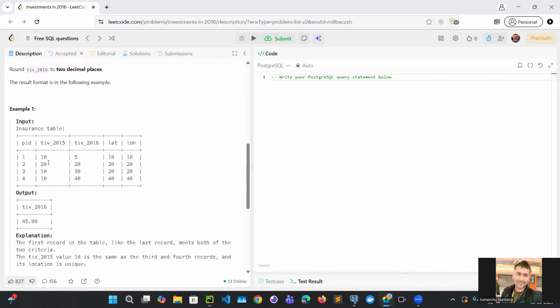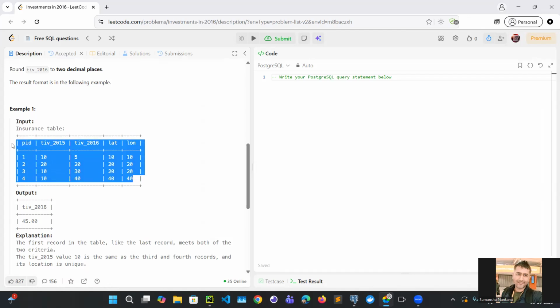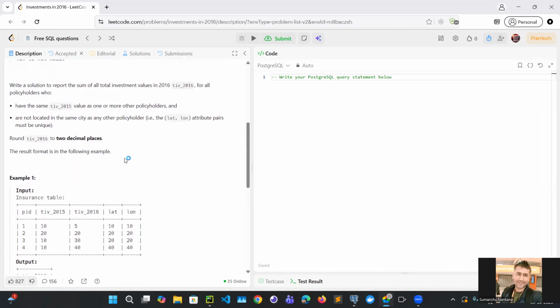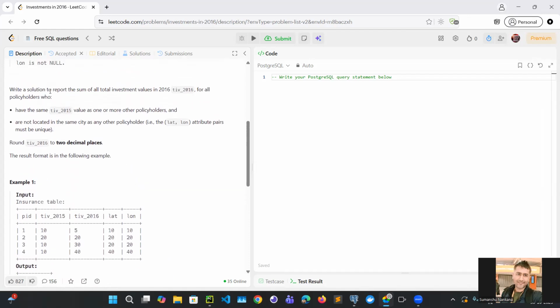As an example, policy ID 1 has a total investment of, let's suppose, 10 in 2015 and 10 in 2016, and it stays at this location, 10, 10. Policy ID 2 has a total investment in 2015 of 20, in 2016 of 20, and it stays here. Similarly, up to 4. So we have only one table and this information. What exactly do we need to find? Write a solution to report the sum of